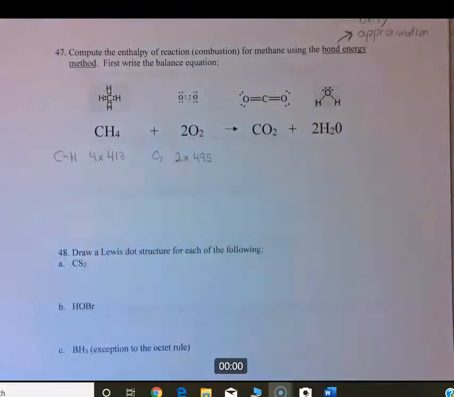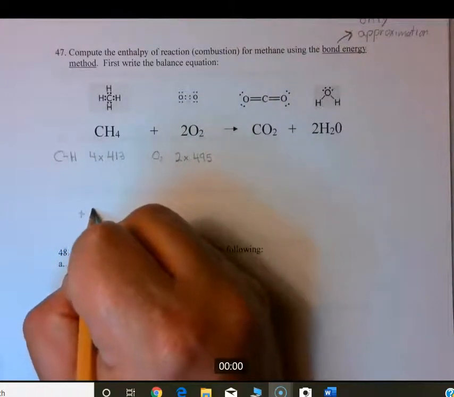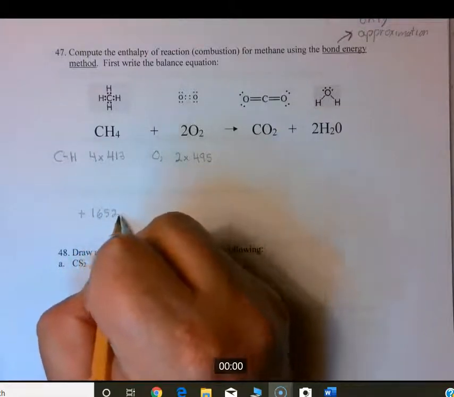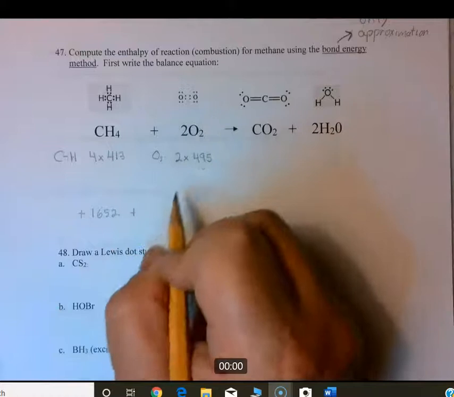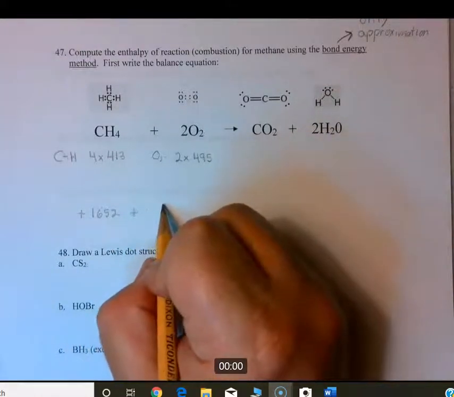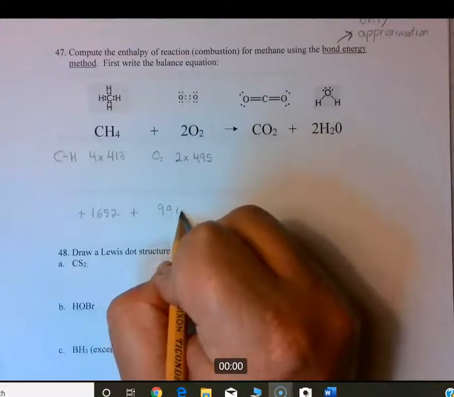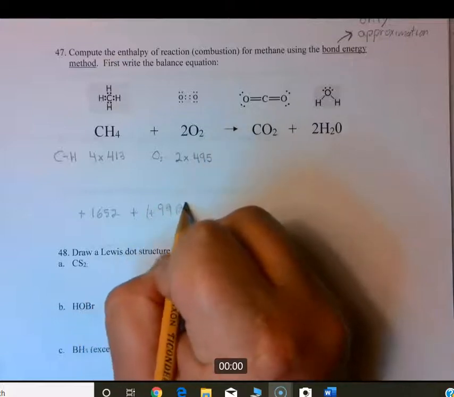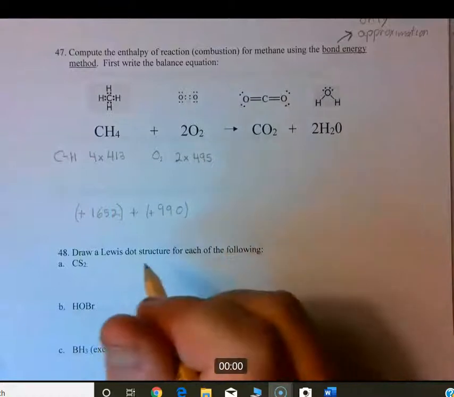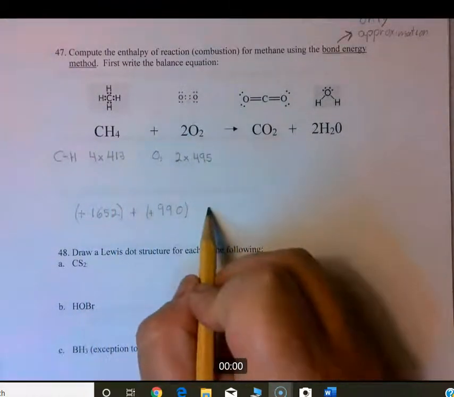So if we do the math on that, this one is going to give us a positive 1,652. And then we're going to add to that positive 495. So that's going to give us positive 990. And I'm going to say plus positive there. So the positive signs are because it's energy going in, and then what you're supposed to do is add these together. Now we're going to come over to the other side,